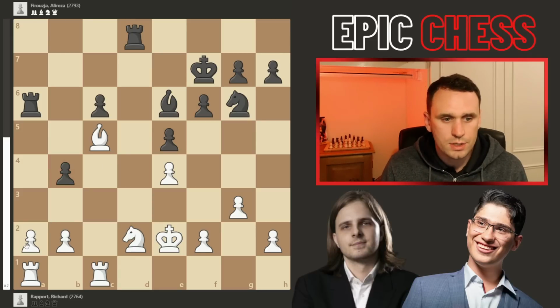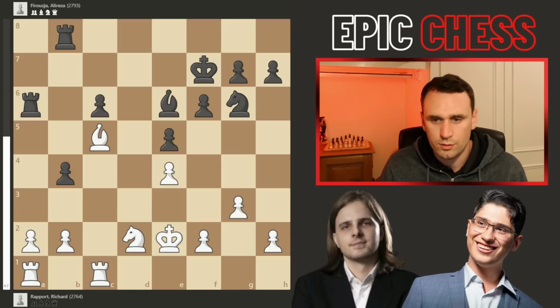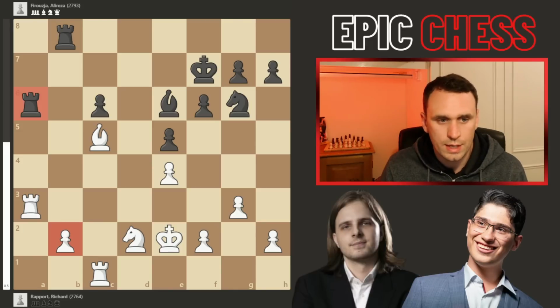Now you can't actually take this one on a2, even though you've got two pieces converging on it. However you take, pawn b3 will be coming, supported by the knight, and then you trap one of those pieces. It's not good to walk into that pin. So instead this pawn was defended by the rook, and now Rapport has to make progress somehow here, so he plays pawn to a3, Alireza captures that one, the rook recaptured here,